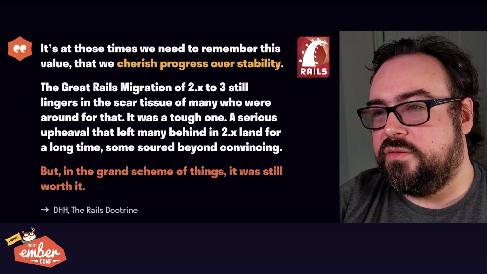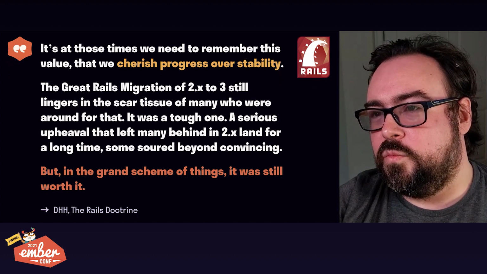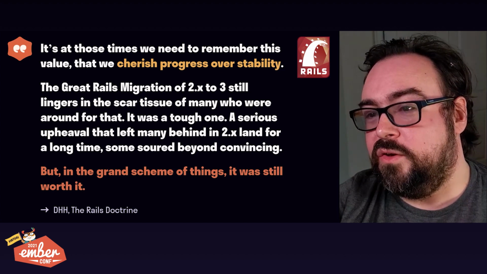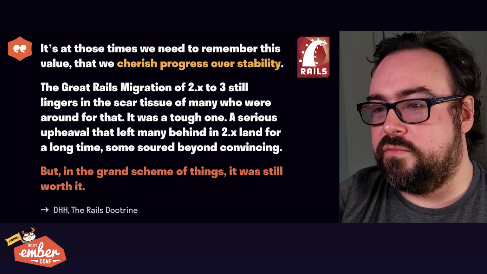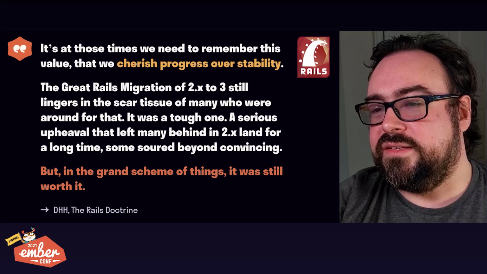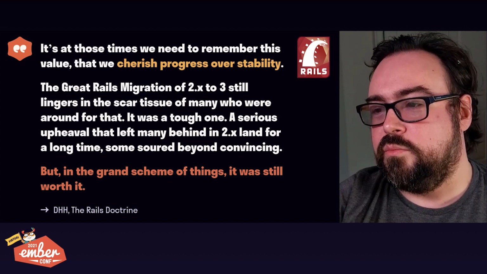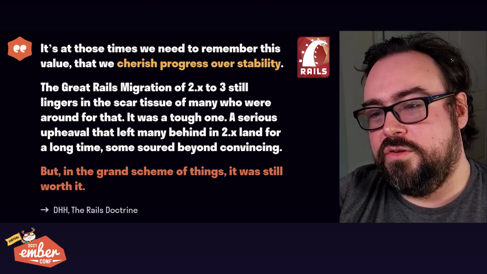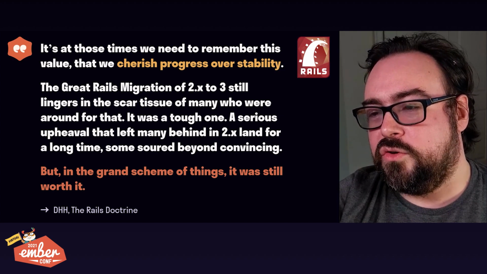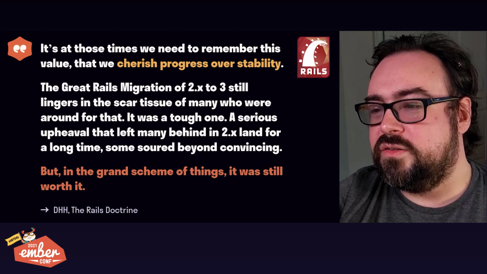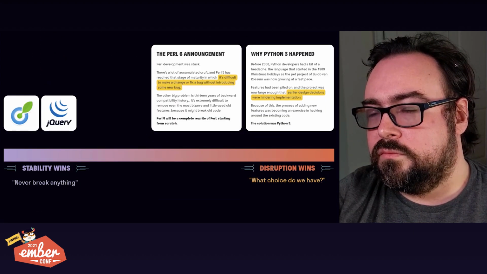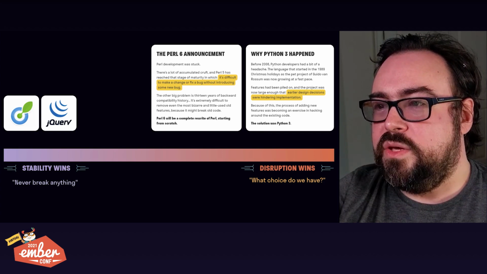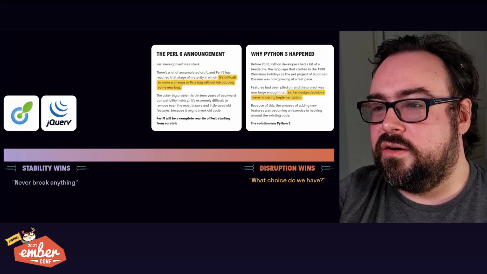Rails, on the other hand, had a pretty different perspective. We cherish progress over stability. I worked on Rails 3. I had pretty big goals for Rails 3, so I was pretty on board at first. But then I eventually realized that framing software development as a battle between progress and stability forced us to make a bad choice. Of course you would prefer to deal with regular breakage if the alternative is failing, but these aren't the only options. The truth is that progress and stability are two sides of a coin, and people force themselves into zero-sum thinking here.